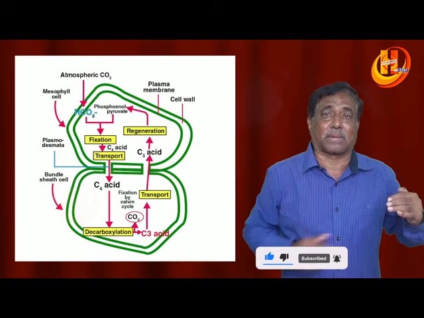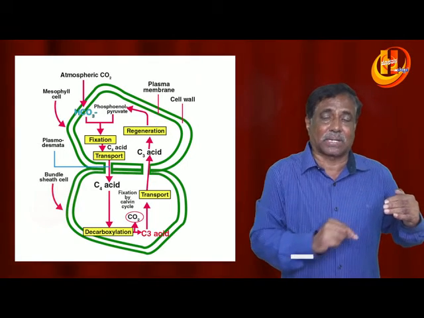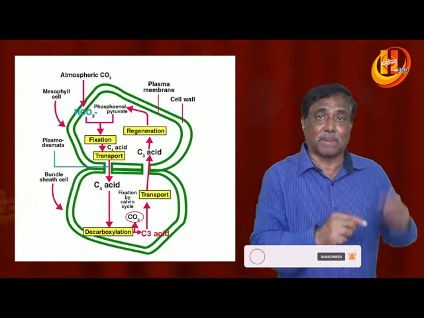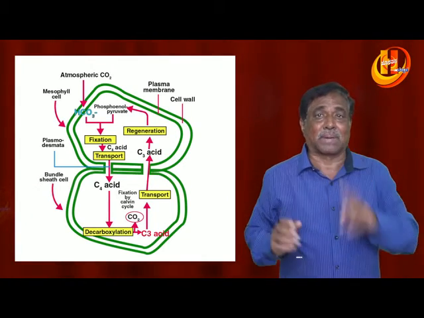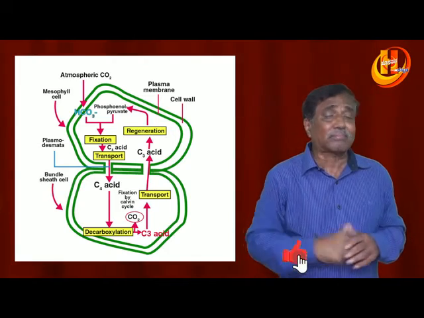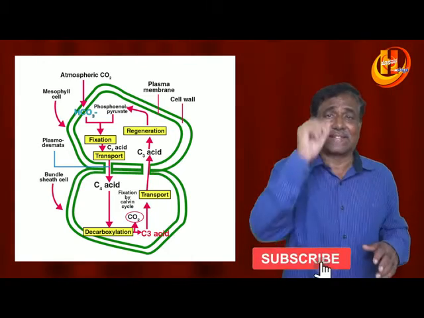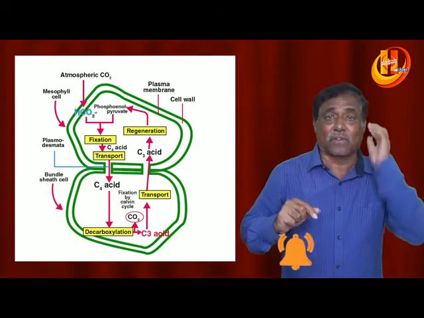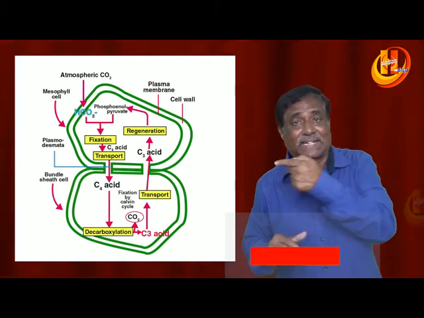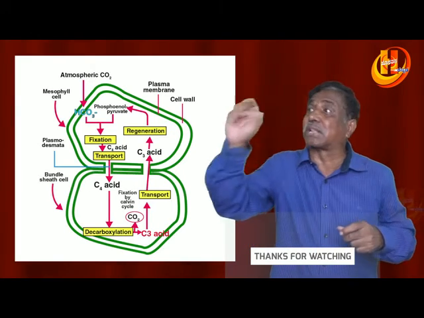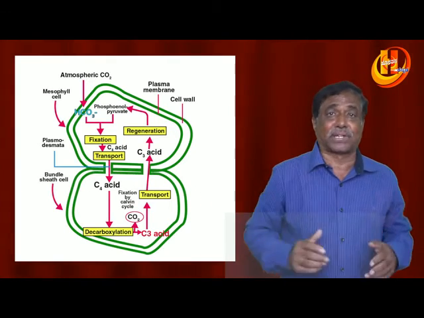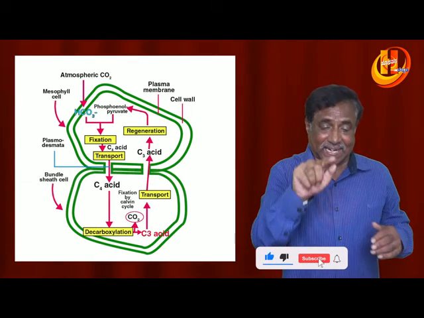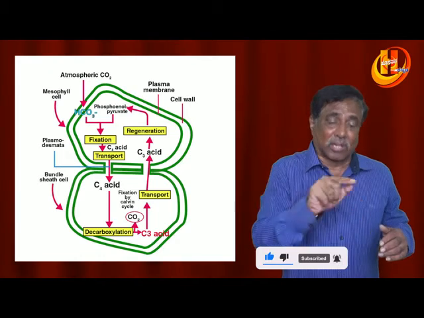In the presence of PEP carboxylase, phosphoenol pyruvate, the 3-carbon compound, fixes carbon dioxide and gives the 4-carbon compound OAA, or malic acid or aspartic acid, and they enter the mesophyll. From the mesophyll they enter the bundle sheath. There, in the bundle sheath, they release carbon dioxide and return back to the